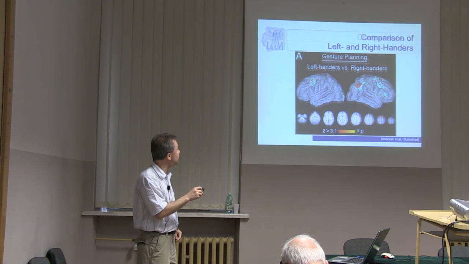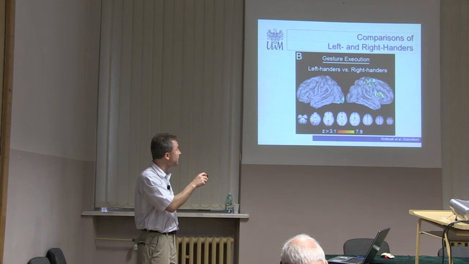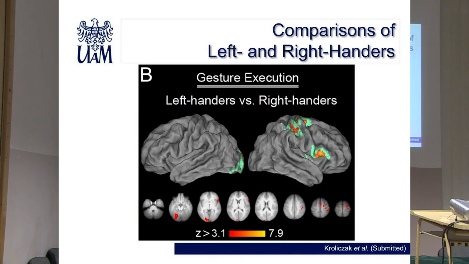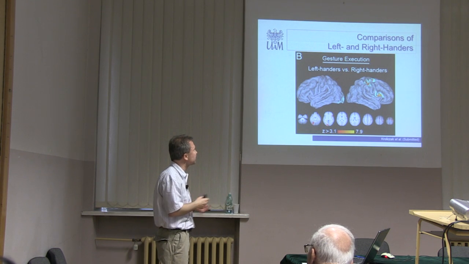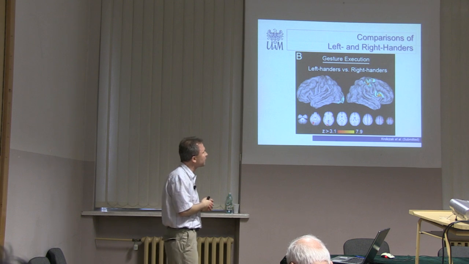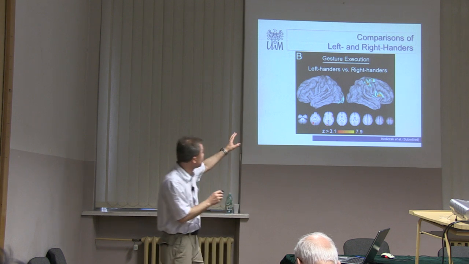Let's move on and let's see gesture execution data. And no difference, left-handers versus right-handers again, no difference in the left hemisphere, which is consistent with the idea that both groups actually do engage the left hemisphere, although left-handers seem to engage some of the right hemisphere areas more. The inferior frontal gyrus, often related to language processing, is involved more in left-handers here. This activity modulation doesn't seem to be that exciting because it's primarily basic sensory motor processing. Okay, so this is gesture execution